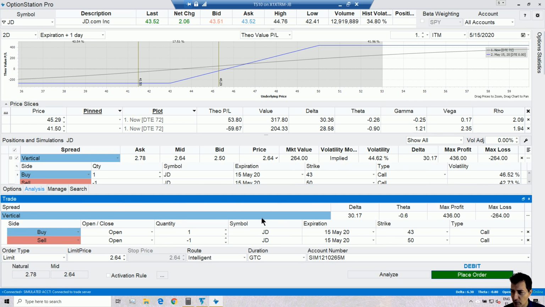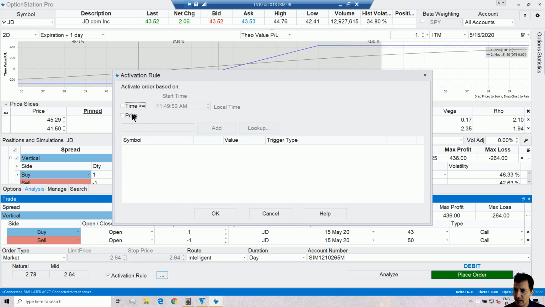Okay, I'm just going to trade. I'm going to make this a market order. I'm going to use a day order only. And very important, guys, don't ever forget your activation rule, because if you forget the activation rule and I click place orders now, I'm going to get filled. So you would want to click activation rule, and then set up your activation rule,